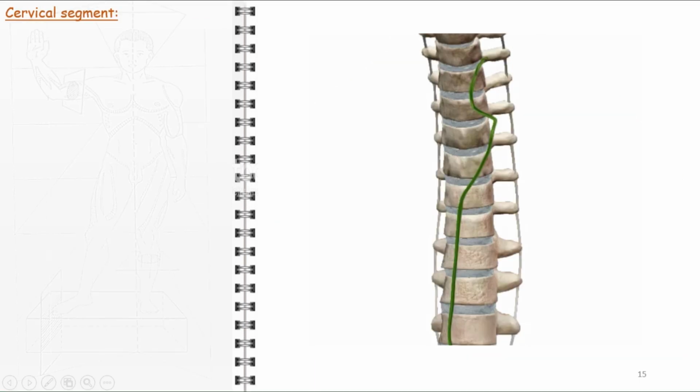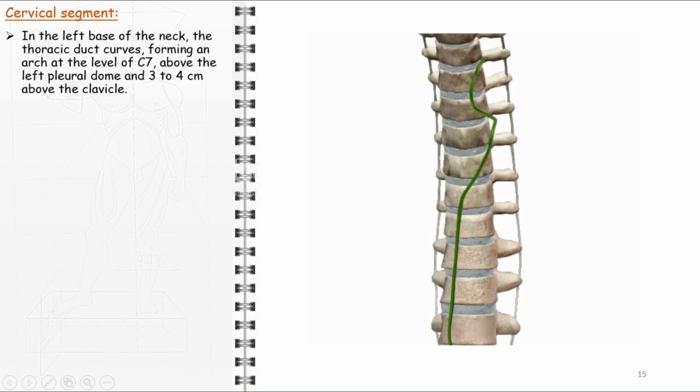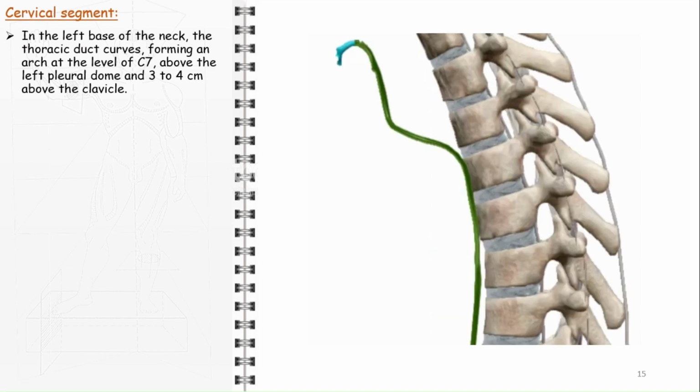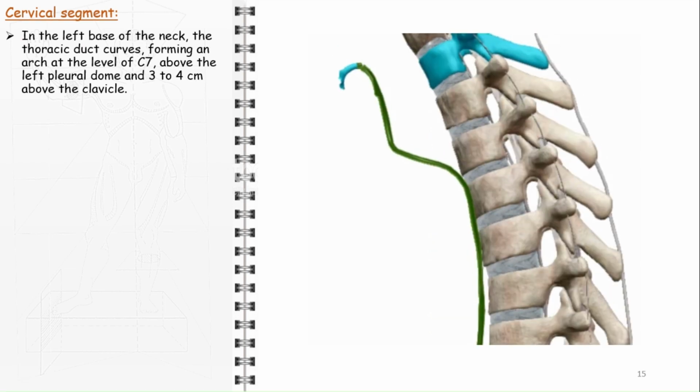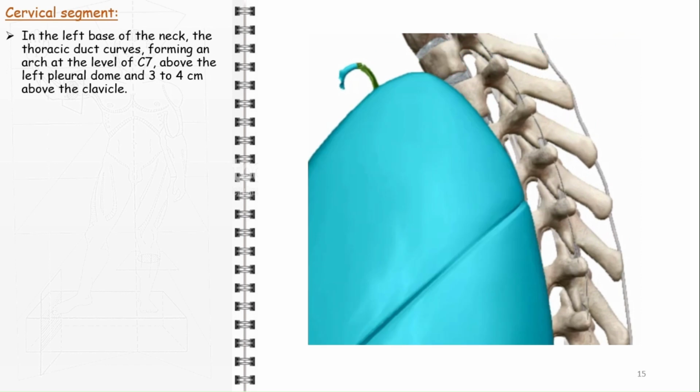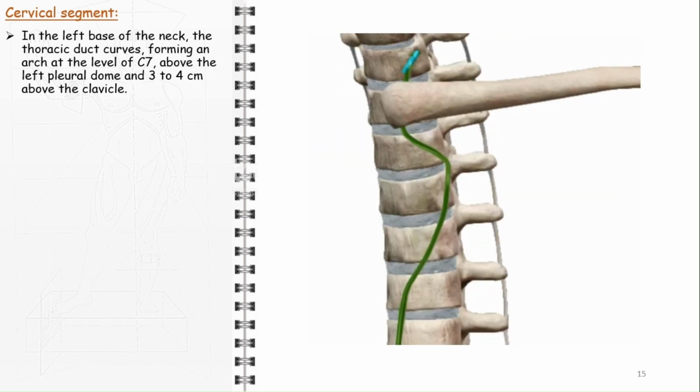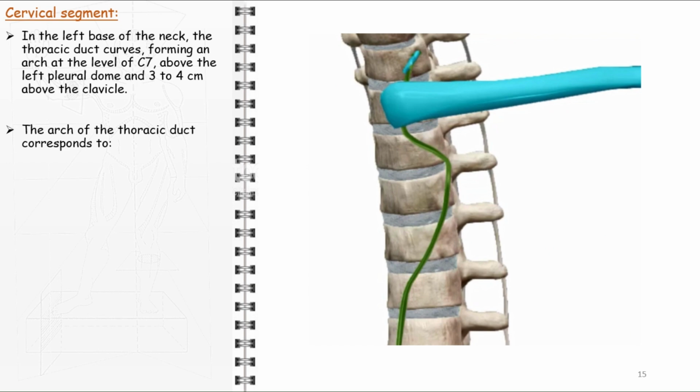At its cervical segment in the left base of the neck, the thoracic duct curves, forming an arch at the level of C7, above the left pleural dome, and 3 to 4 centimeters above the clavicle. The arch of the thoracic duct corresponds to: